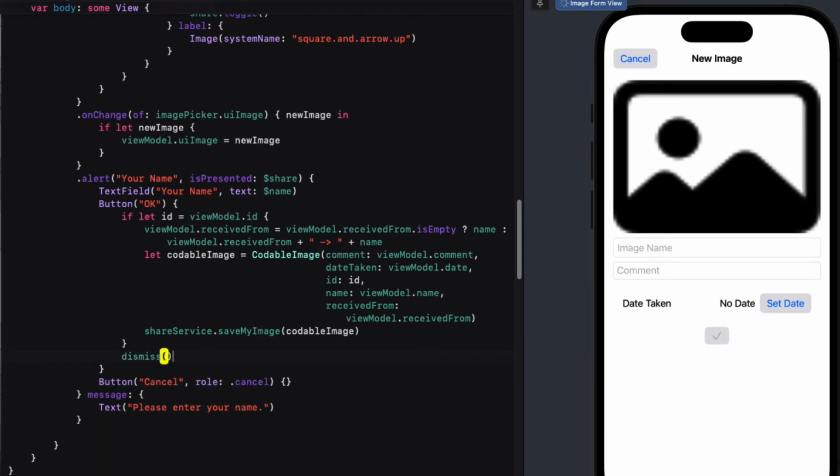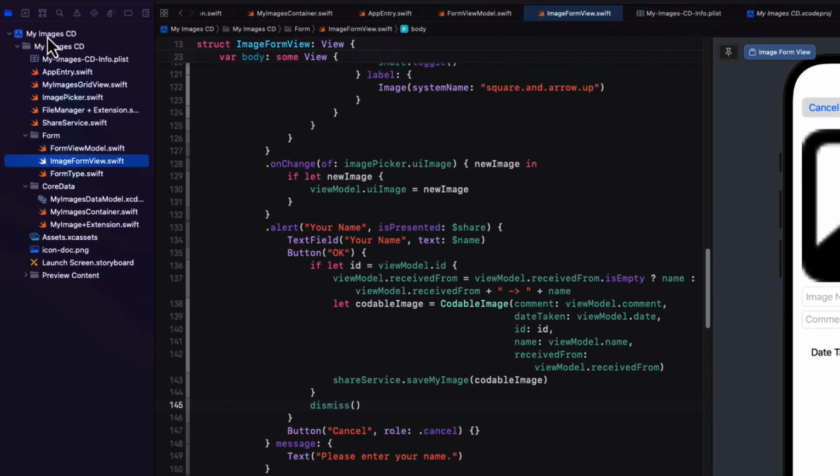I want to cover one more thing in this video before I call it a day. In order to share data with other users and have your app know what kind of data it can accept and decode, we have to create a unique extension. And this is called a Universal Type Identifier. Well, we can register a unique UTI, or Universal Type Identifier, for our app by accessing the project's target